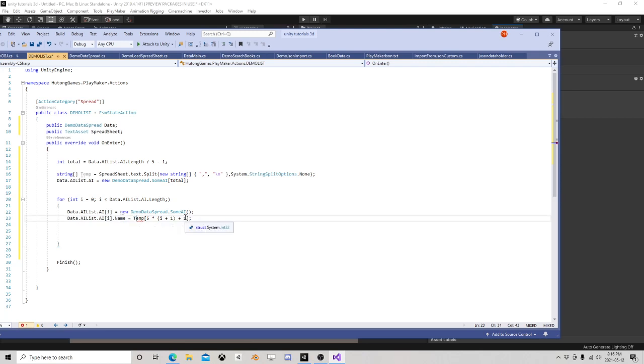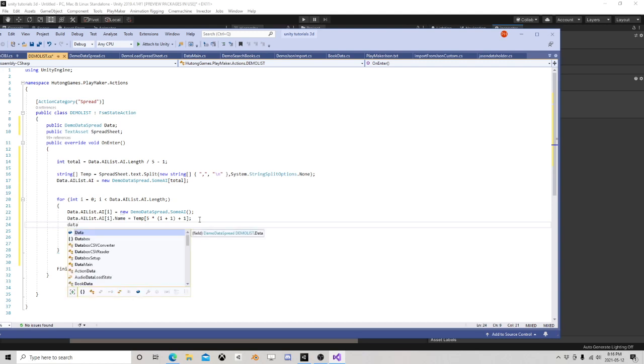And it would help if I spelled temp right. So you got a little bit of math in there, right? So we're just saying that the name is at this stage in that list. It's 5 times the iteration plus 1 plus 1. But that also means that data.AIList.AI[i]